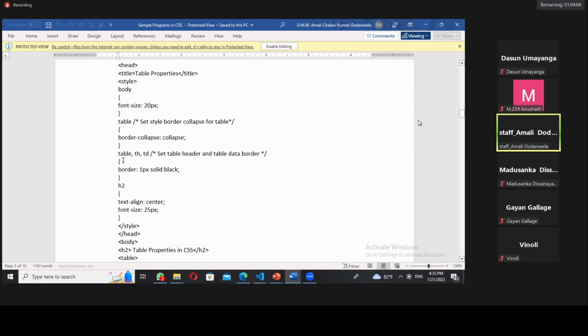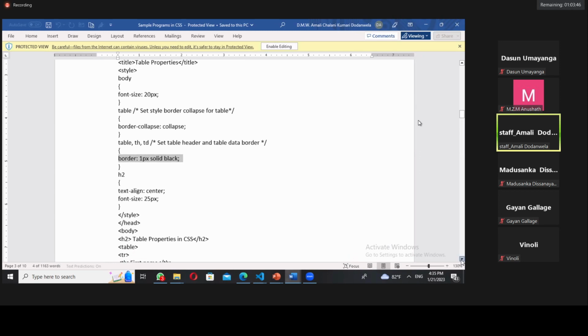When you're giving something for the TH, then you have to say TH. When you're giving something for table TD, table data, then you have to give TD. See, this is the way. And then you're defining what styles are to be applied. That is the way. And the next one,